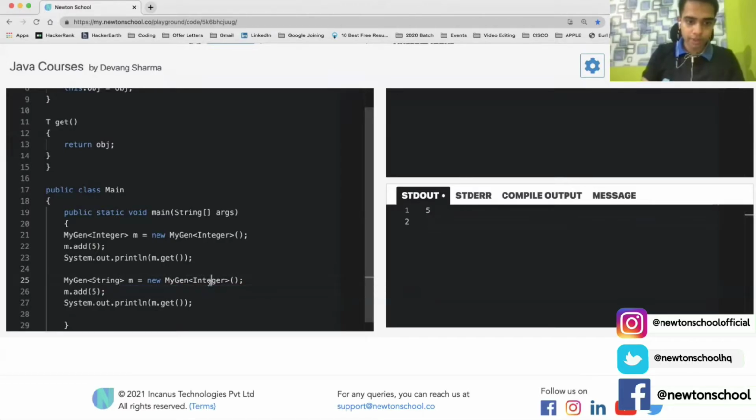If I'm using a string, I have to add a string. Let's say I added Newton School. Let's try to run this. My object name will be n here, and I can use n.add and n.get. Let's see the output.